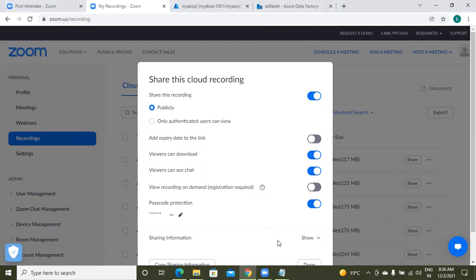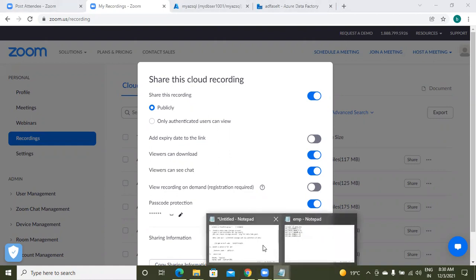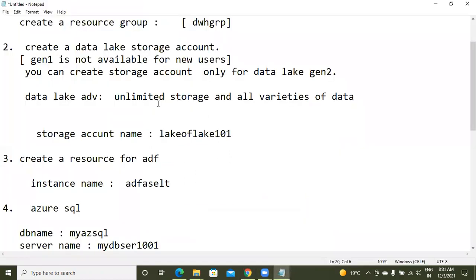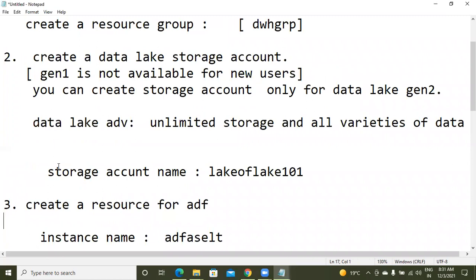Today's session number 6, please check what we have covered. In our lab part, what have we covered? Only four things. How to create a resource group. And after that, under that resource group, how to add your required resources. For ADF, what have we done? Storage account, ADF, and Azure SQL.